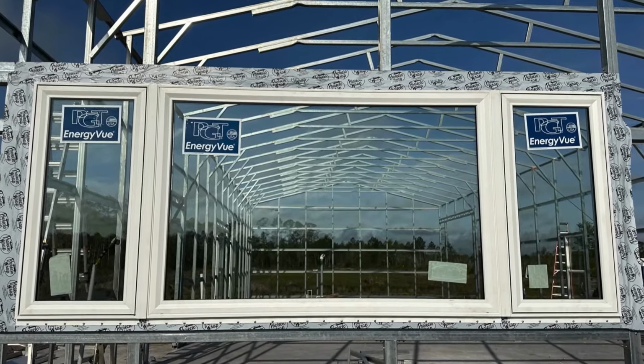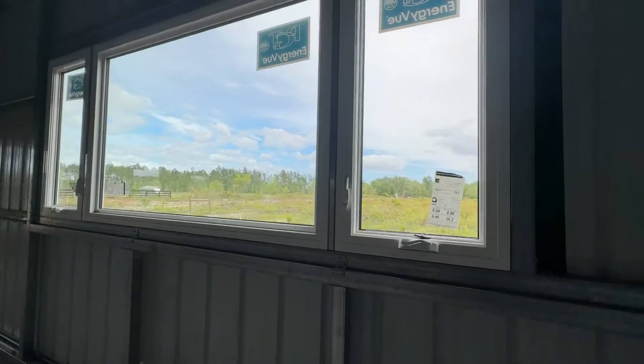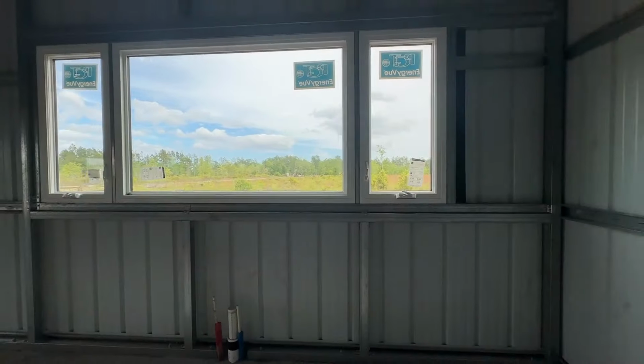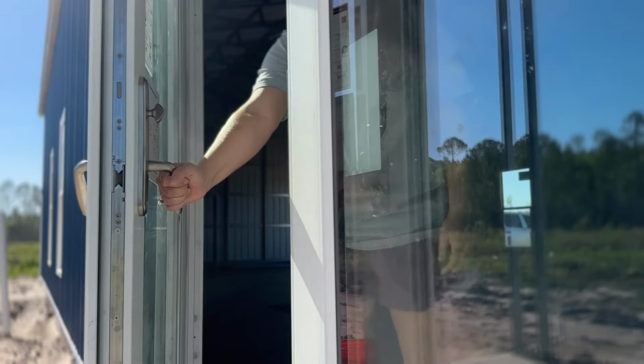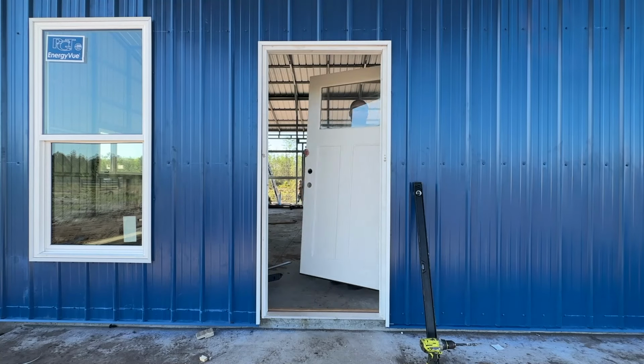We have one amazing huge window above my kitchen sink, which I'm super excited for. It's like the best thing ever. And we also have French doors. We have 2 other exterior doors. And I think we have a total of 6 windows. So 2 in the living, 1 in each of the guest bedrooms, and then 2 in the master